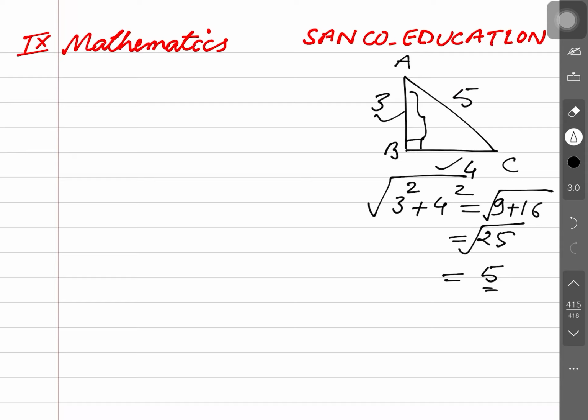Clear? It means if you select two numbers such that the root of the sum of their squares is equal to a number, then that number can be represented as a hypotenuse. If two quantities are associated with each other in this manner, then this can be represented mathematically in the form of a triangle's sides, as before. So this is called a Pythagorean triplet. Triplet means 3 numbers together associated by the Pythagorean theorem.